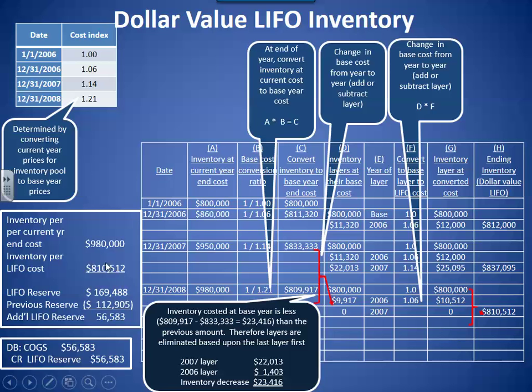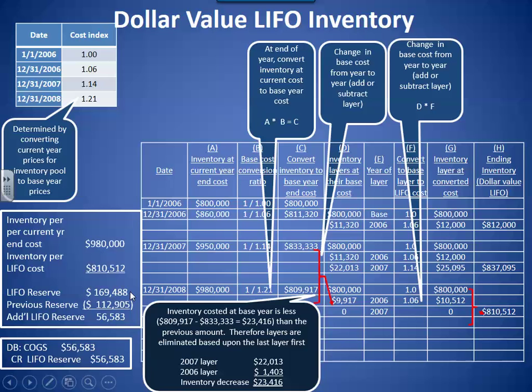We're going to need a LIFO reserve equal to $169,488 to achieve that. Remember that we've already reserved $112,905 from our previous reserve calculations. That means we have to add to the LIFO reserve $56,583 to bring the LIFO reserve up to the